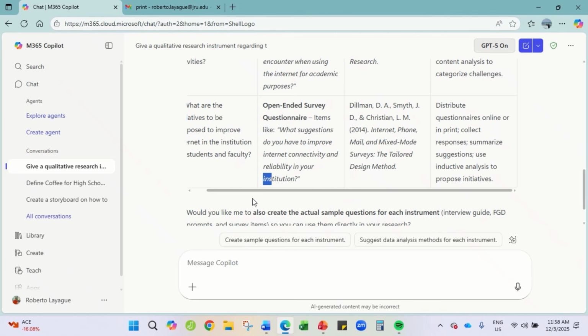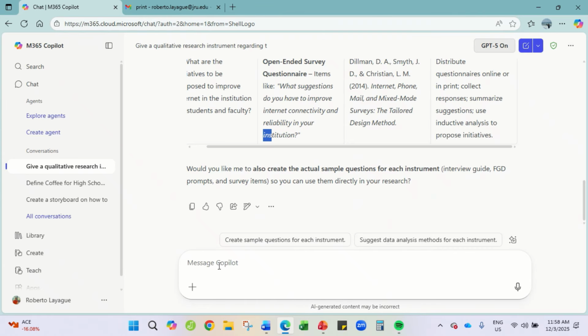And then you can now expand the research instrument with at least 3 to 5 questions and references from 2025 to 2020.